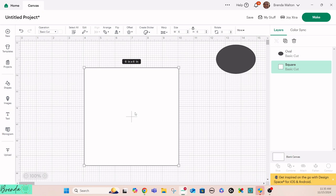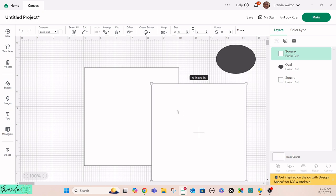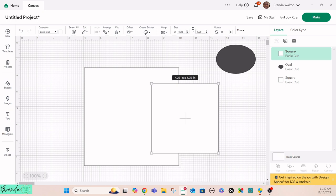So that's the start. Now she had some indentations or some indicators for different card sizes. So we're going to add those lines as well. So I'm going to select another square. Or better yet, I can just duplicate this one because this is going to be the same thing. And then I'm going to change this to my largest square, which is going to be 4 1/4 by...